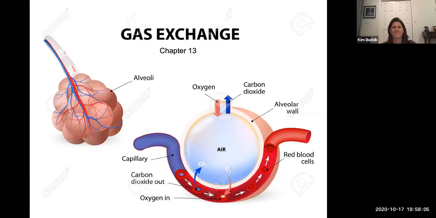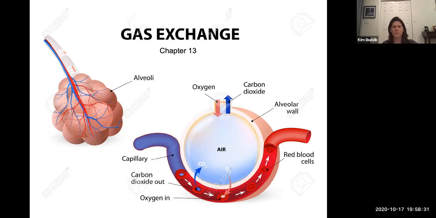Everybody, we're going to finish up this unit with talking about how our body exchanges the gases that are required. In an earlier lecture, we talked about the respiratory system, where we learned how we get air from the atmosphere into our lungs. And so now we want to go a step further and find out how we get the oxygen from that air to cross our lung tissue and get into our bloodstream.